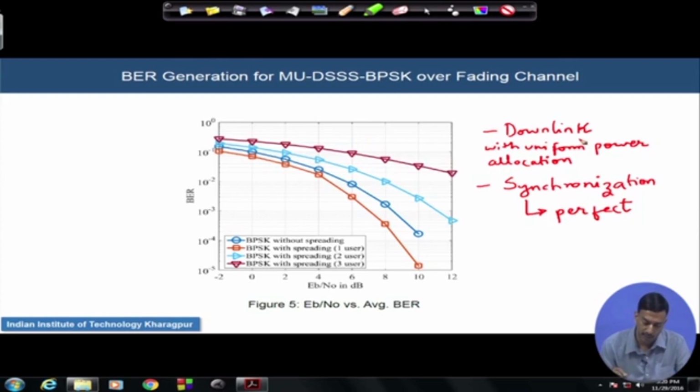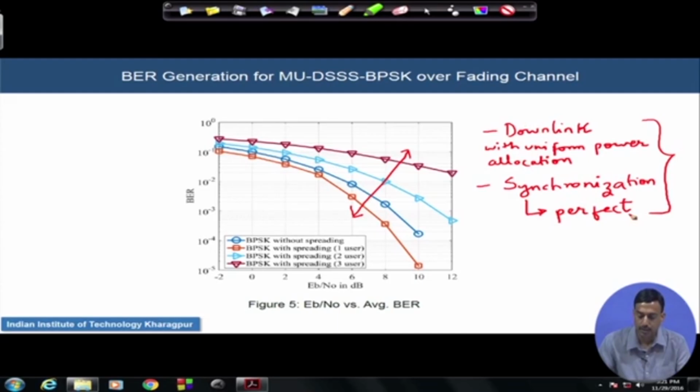The reason why I am making these 2 points is that the performance that we see over here, due to these assumptions, is a very optimistic view of things, but generally the performance of this multi-user DSSS BPSK system may be worse than what is shown over here if we relax these assumptions